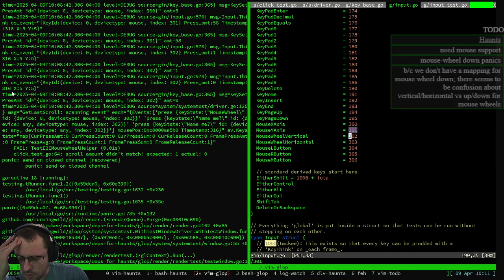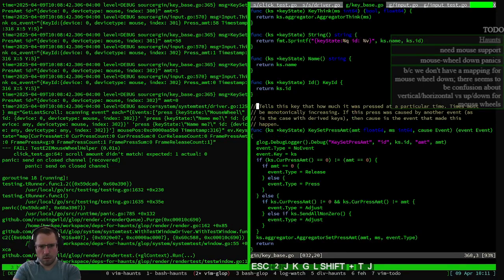At 5.5. Okay, so we got a mouse wheel vertical, press amount 1. And so here, it's like the current press amount